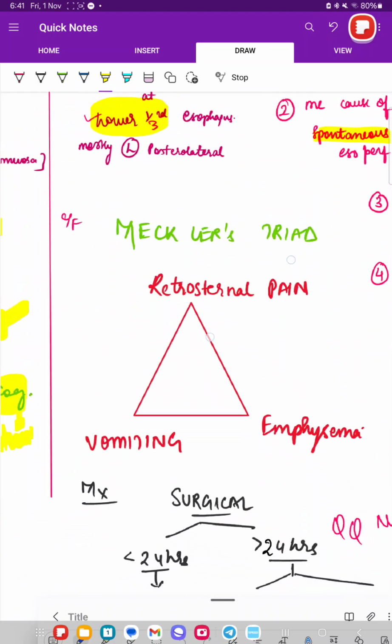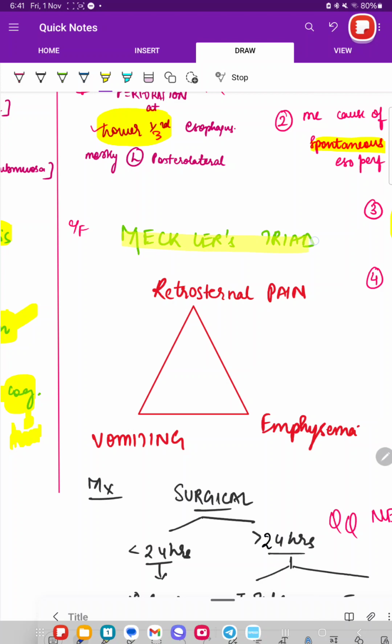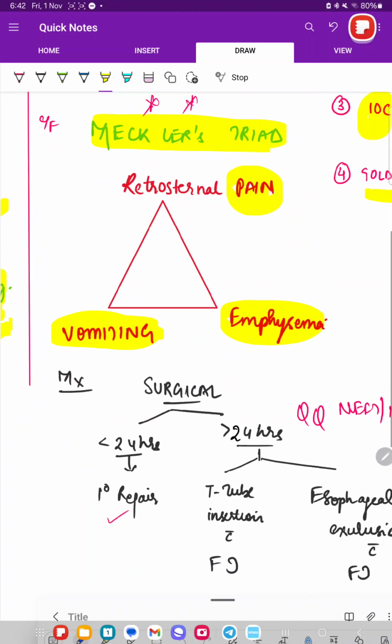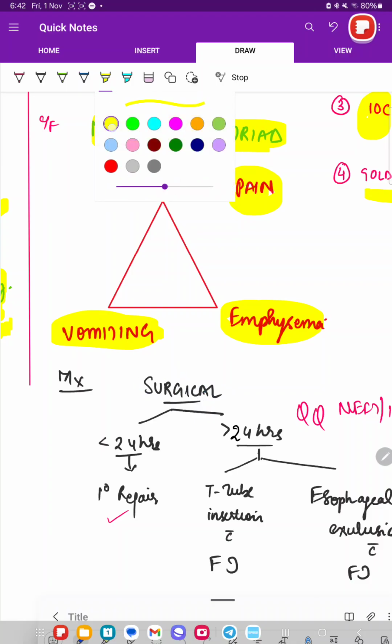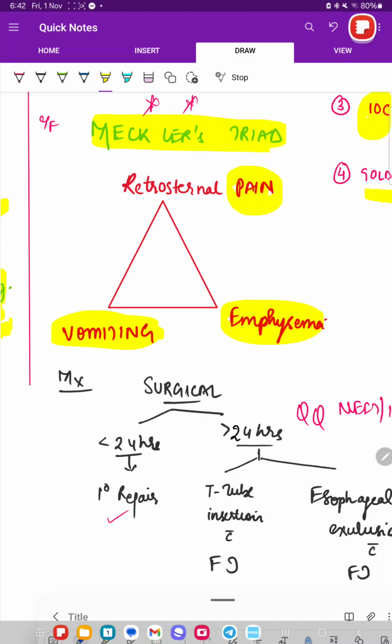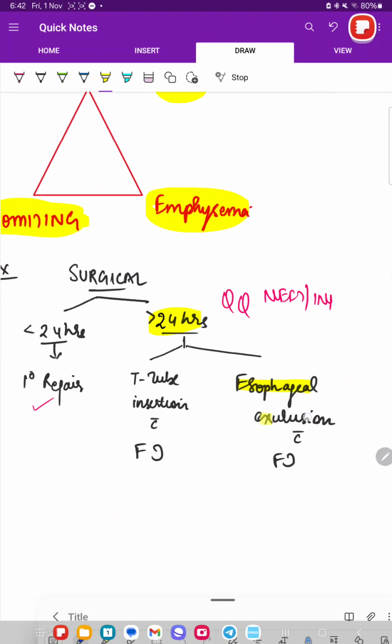But in Boerhaave, whose clinical profile majorly includes Macklers triad, it has been asked a number of times and will be asked. It includes retrosternal pain, vomiting, and emphysema, that is subcutaneous air. And in this, management is purely surgical. If the patient comes within 24 hours, we will go for primary repair. And if he comes after 24 hours, we will do an esophageal exclusion with an FJ for his nutrition. Okay,